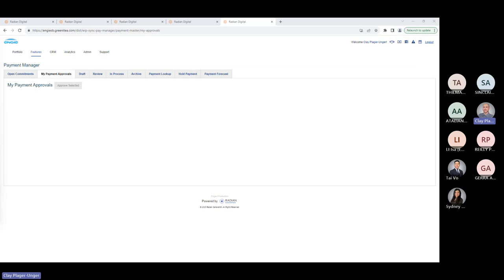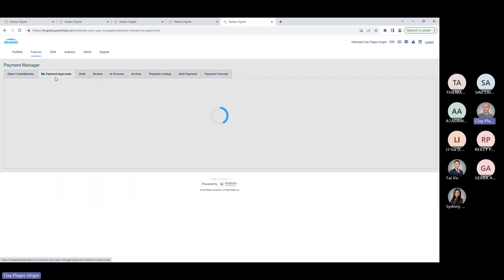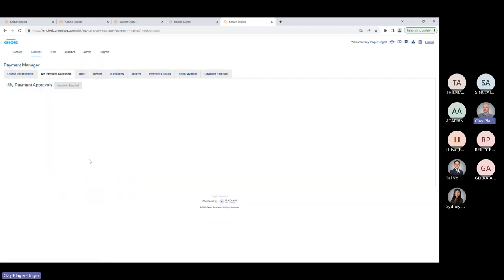So how can you make an informed decision about whether you want to approve a payment? It's not available in my payment approvals right now, but that was requested on the last call, and we have a modification in the queue targeted as high priority